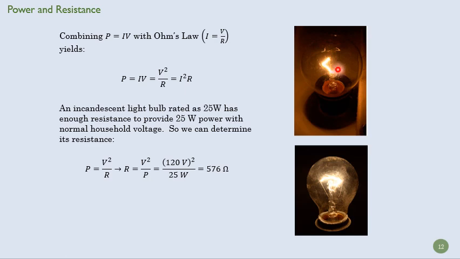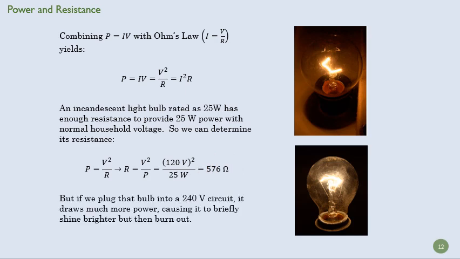But the way you control how much current is going through there is by controlling the resistance. So we take this version of our power law and we say, well, we know the voltage in a household circuit, right? We know what the power is, and so we can actually determine what the resistance of that wire is. So what happens if we take that light bulb and we plug it into a 240 volt circuit,